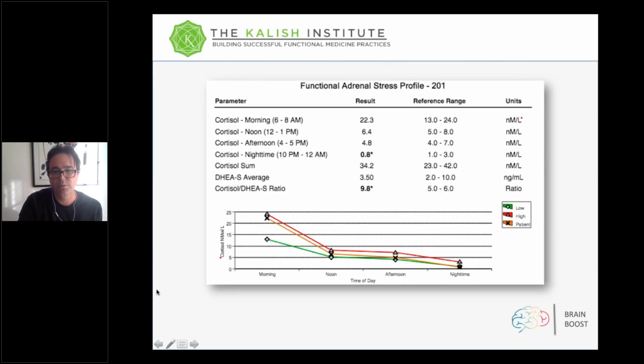When we look at these tests, what we want to understand is that people feel their best when... Cortisol is like a Goldilocks hormone. People feel their best when they're up towards the higher end of the reference ranges. So, I was waking up at a 22.3. I was waking up decently alert. But then you see that I plummet and I'm basically scraping the bottom of the barrel of the normal reference range for the rest of the day.